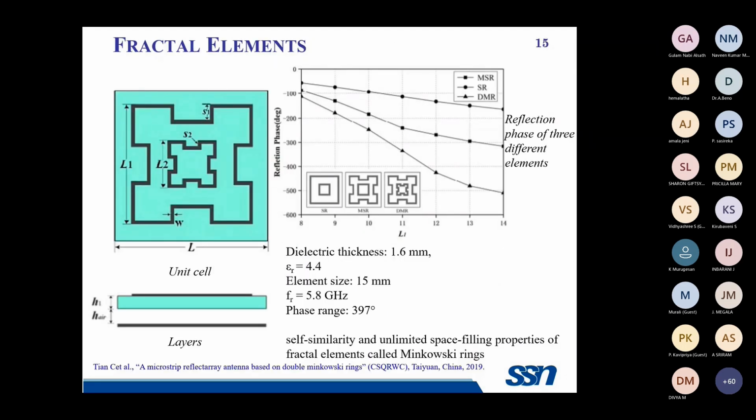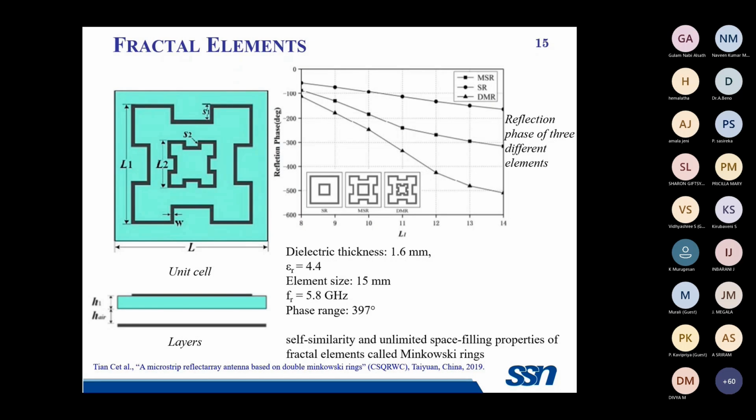So coming to this first case of fractal elements, the author of this particular paper started the design with a single substrate, added an air layer, a foam layer between this ground and the substrate so that the bandwidth can be improved. The phase range can also be improved. And in this fractal structure, they started the design with simple rings. You can see in the graph being provided, the first structure, the SR, that is nothing but the square rings. So with dual square ring, they achieved a result which is very less, which is nothing but the first S curve shown in the picture. And the phase range obtained was very less with the square ring structure.